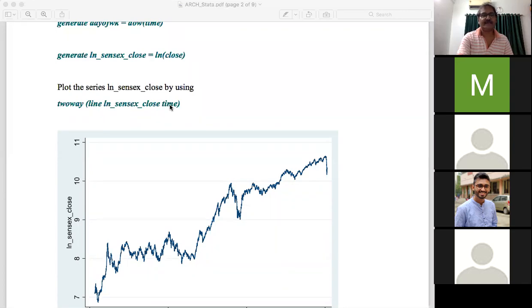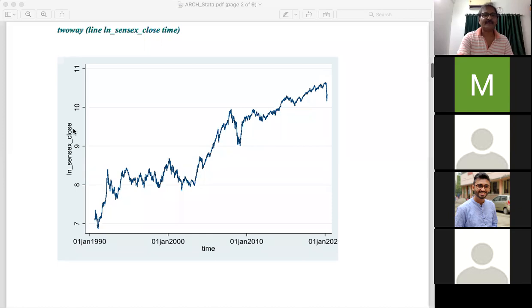So twoway graph or twoway line means x-axis and y-axis. In the y-axis we have measured the log values of the Sensex. In the x-axis we have measured the time variable. So this is the behavior of the log values of the sensitivity index, the closing value of the sensitivity index.